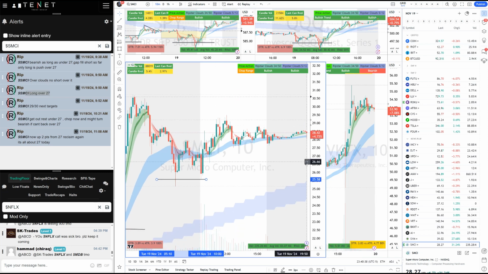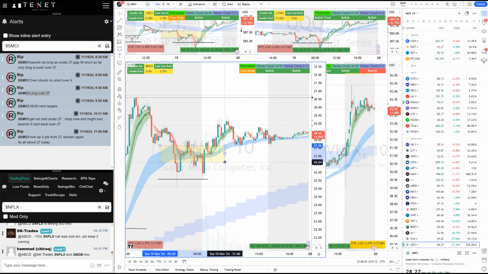So this was kind of a little choppy action right here. And it will happen many times that you think it's going bearish, but you can't just panic and take a huge loss on these moves, because SMCI was definitely very choppy today. It was not an easy trade. You see these candles. So it's not a clean trend, right? It's very up down up down. It's a very choppy trade, right?